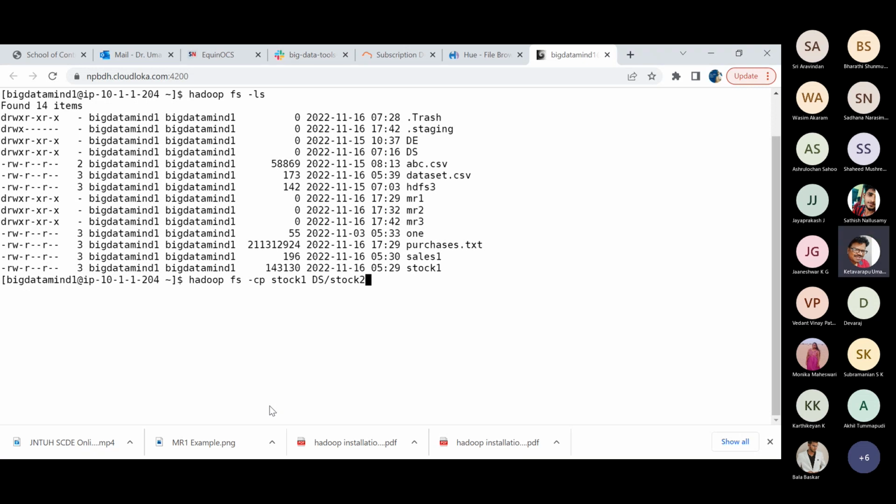So in that particular case, you can make use of the cp command, which is a way of copying the HDFS file into another location provided by the user. Okay, just observe this. Now, how to verify that? Just go through